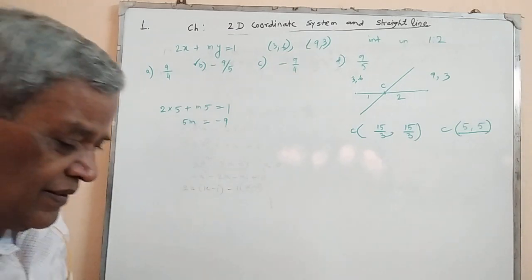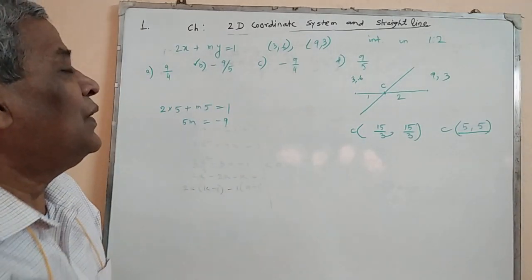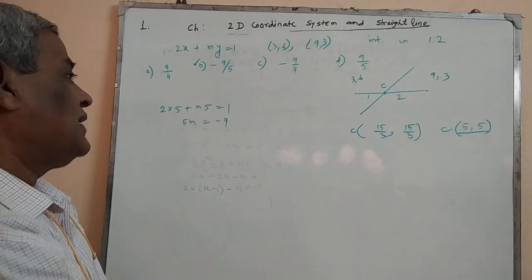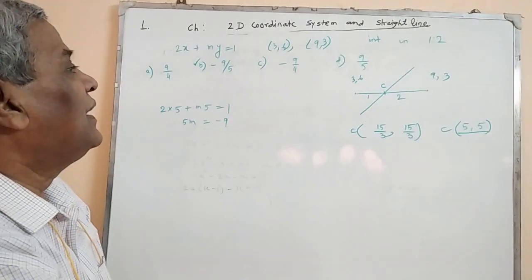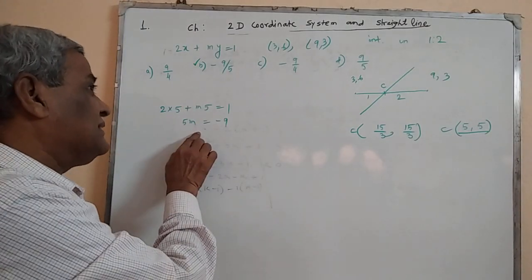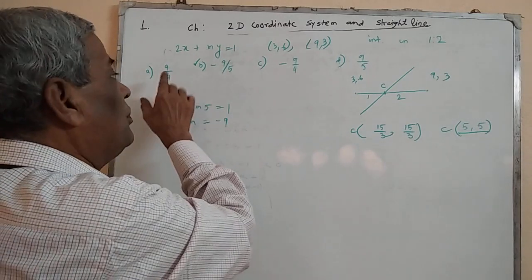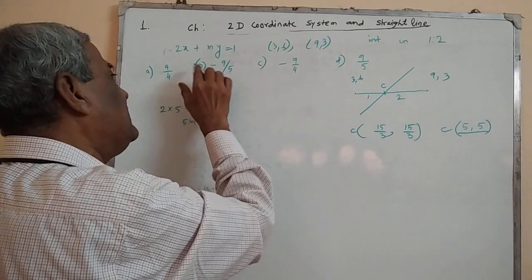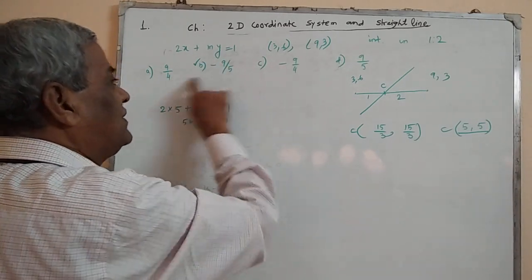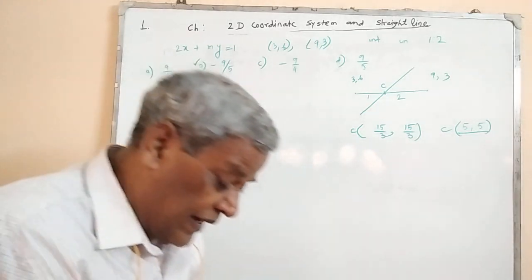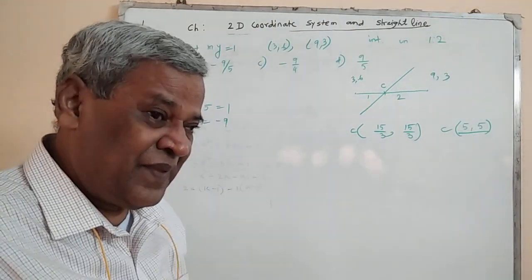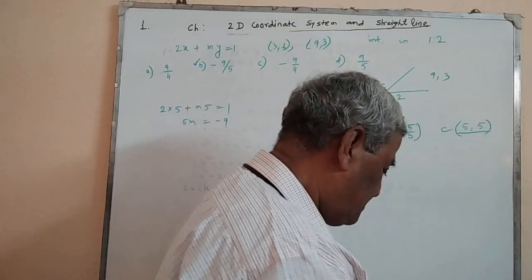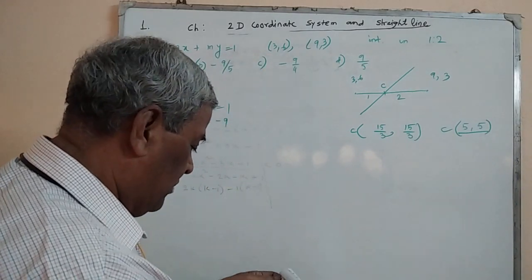One very important point I'd like to discuss with you. No need of going up to the penultimate step. After some lines, if you can find a result which is any one of the options, stop there, and from this you tick that option. No need of calculating up to the penultimate step. Okay. Next problem.